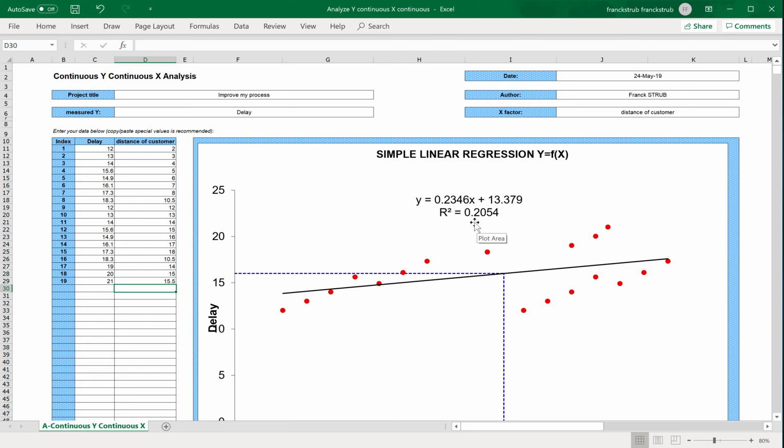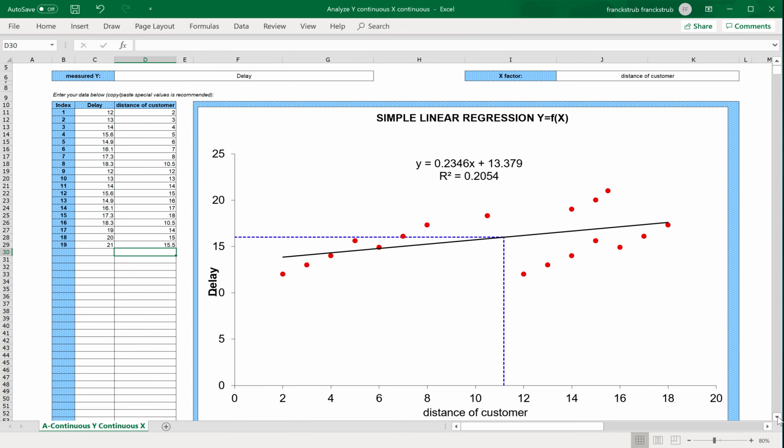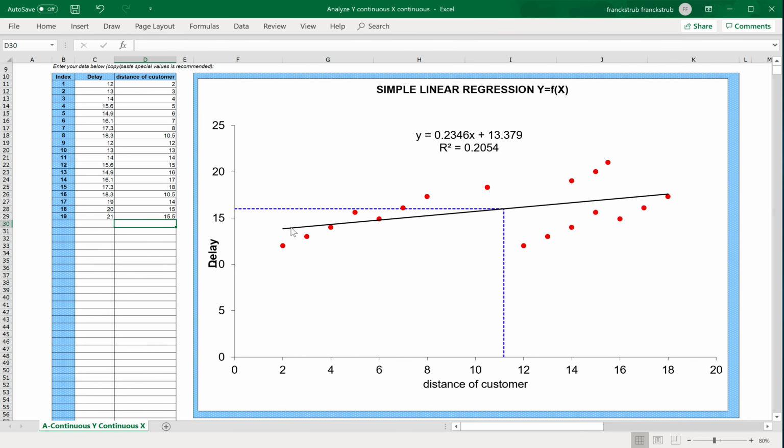Here it's 20%, it's not a lot, so it's not a good regression, I will say. And this is a simple linear regression, meaning that we try to find with this Y and X graph a line that could go through all the points, which is not really the case.